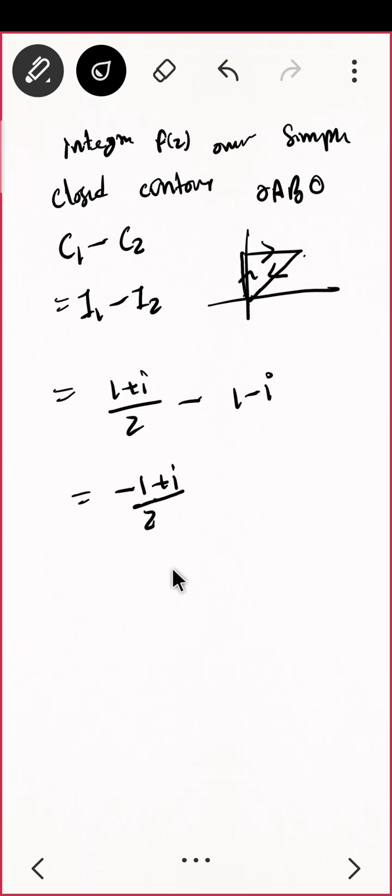If the parameterization is given, then you don't have to work anything. I hope that is okay. The next thing is you just need to have the parameterization. अगर parameterization पता है तो easy है, नहीं पता है तो you just have to find the parameterization then do. Let us do one more problem.